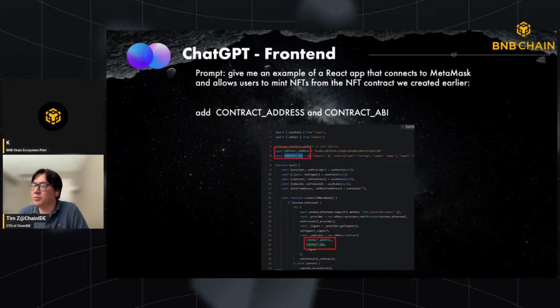And the last thing will be, after deploying, we have the smart contract ABI and the smart contract address, right? Then what we did is we used the last prompt: give me an example of a React app that connects to MetaMask and allows users to mint NFTs from the NFT contract we created earlier. You can see this is a conversation, and ChatGPT actually memorized what we did in the earlier stage,